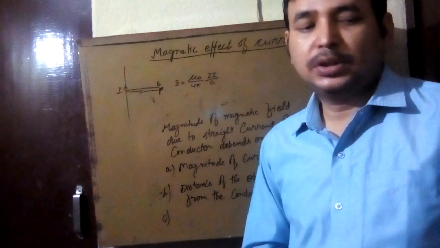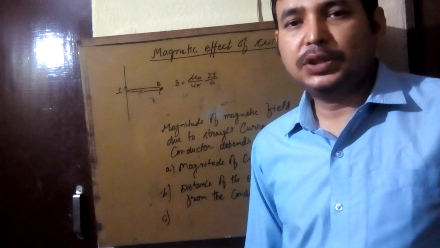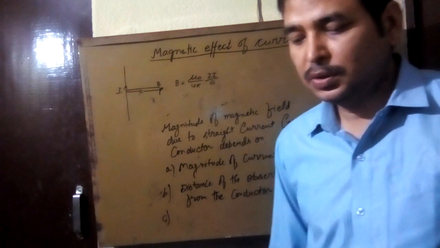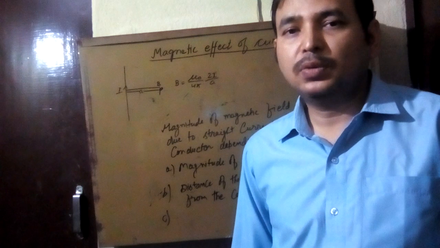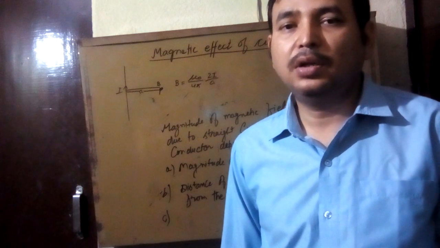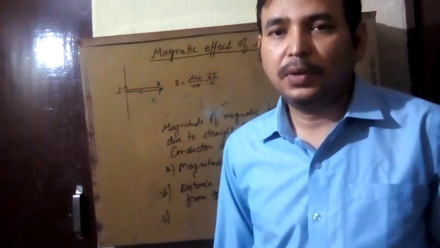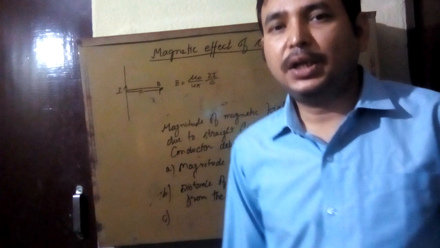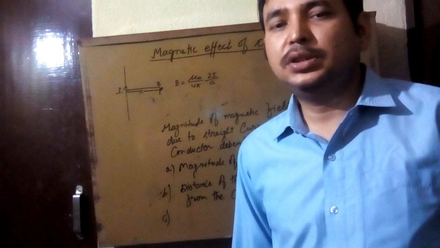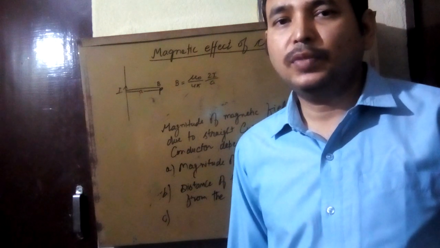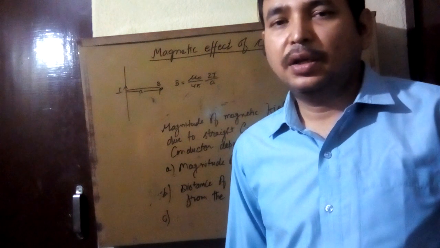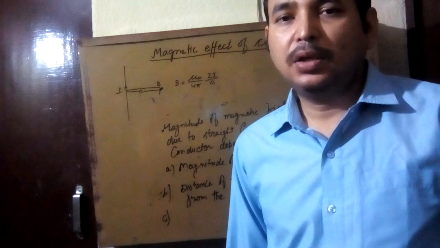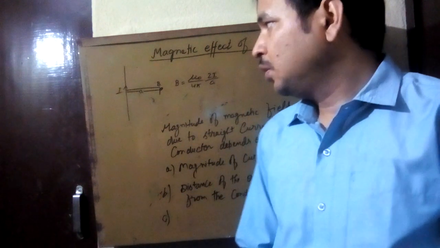So students, in class 12 you will learn how to find the magnetic field by using the Biot-Savart law. It is not in the class 10 syllabus, but on what factors the magnetic field depends is in your syllabus. So to know that, I have written the formula. Biot-Savart law, you can write,